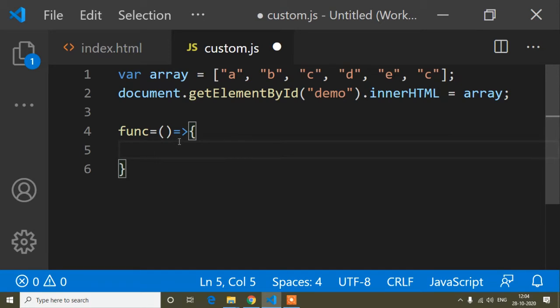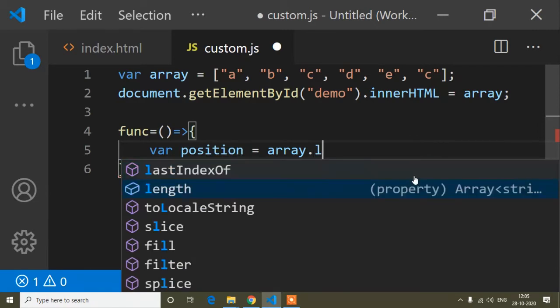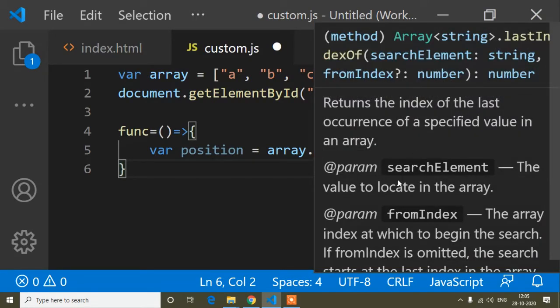You have to understand what the array last index of method does. Here I have a duplicate one, which is C. If you have watched my previous tutorial, you know how to use the array index of method. Now here I will use the array last index of method. I will take another variable, position, equal to, and I want to use the last index of method on this array. So I take this array, dot lastIndexOf, and parentheses. This is the syntax. We use this method to find the position of an array element.